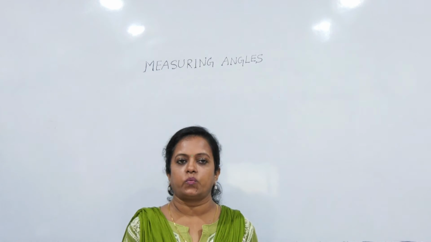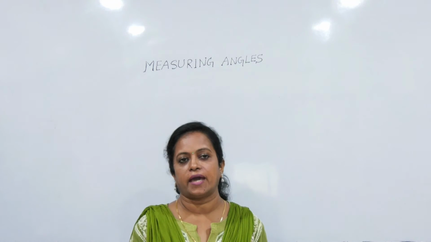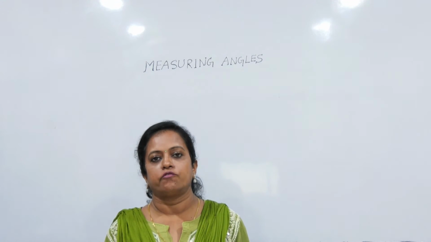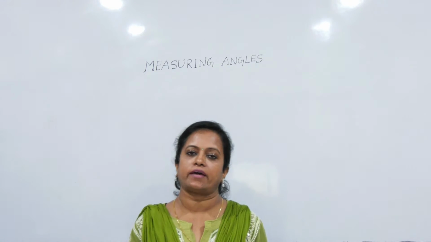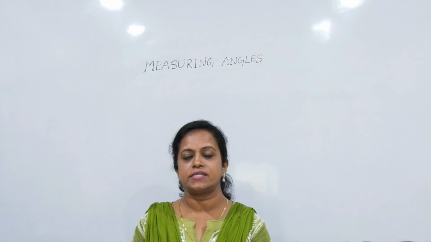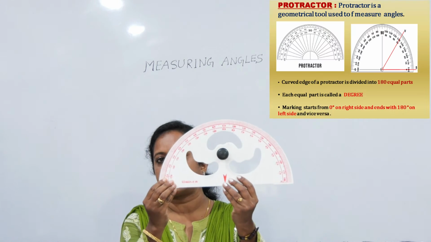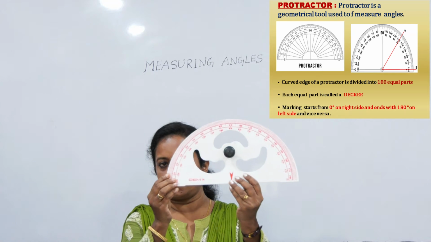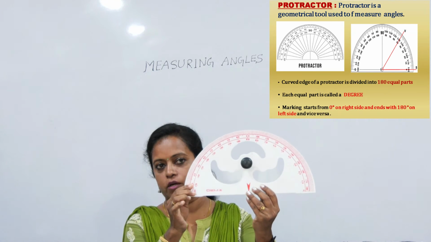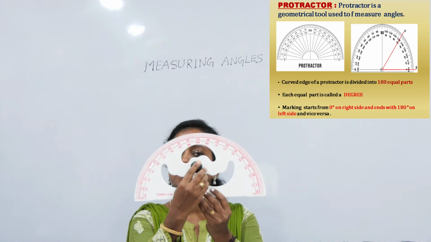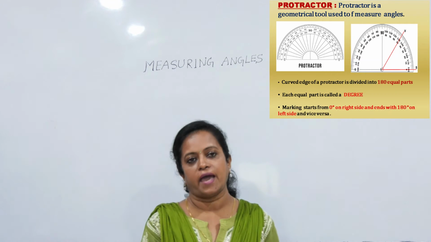The next topic that we are going to learn is measuring angles. Now for measuring angles, you will need a tool for measuring the different angles that you have learned, and this tool you have in your geometry box. You must have seen an object in your geometry box which is like this. It is smaller in size, and also it is made of plastic. It is nothing but a protractor, and we use a protractor for measuring angles.